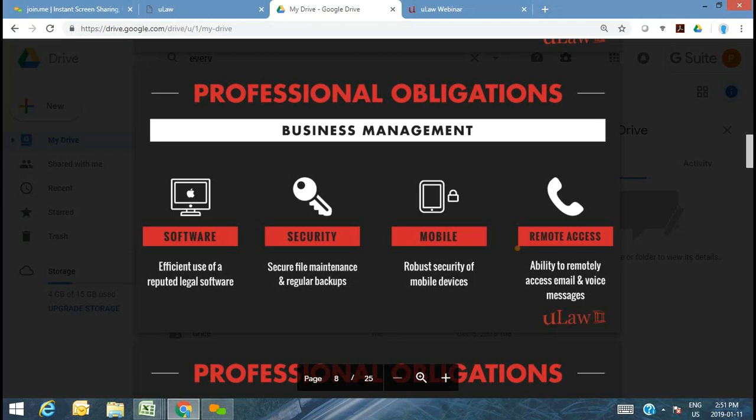Remote access is one such thing, being able to have access first and foremost to your client's information from wherever you are, right? Today you see the evolution of the legal career. Before it was in a brick and mortar office, but now you see entrepreneurs, legal professionals taking it up as a business, and the need to manage time. You're mobile, you can actually do this from anywhere you are. And to do that, you need the appropriate tools.